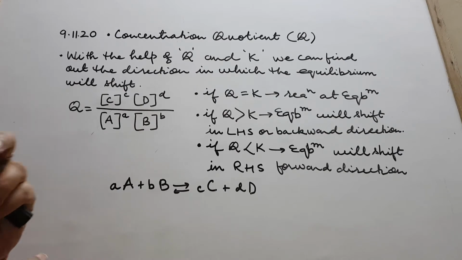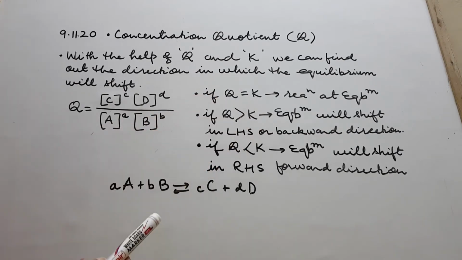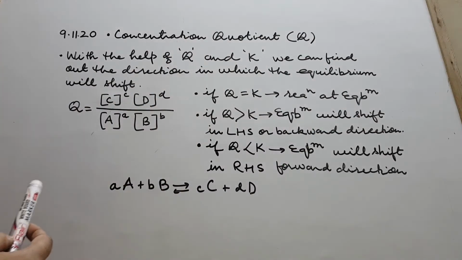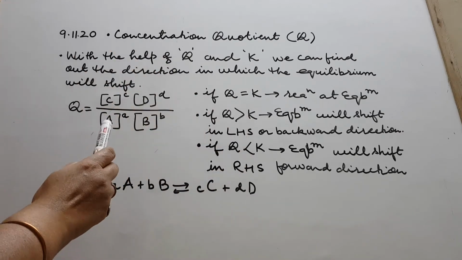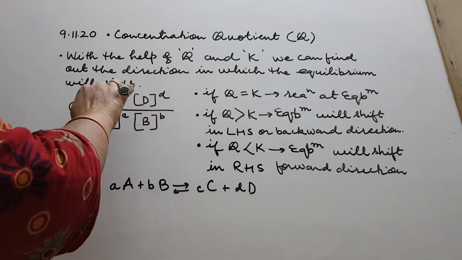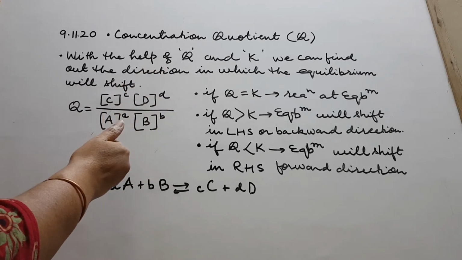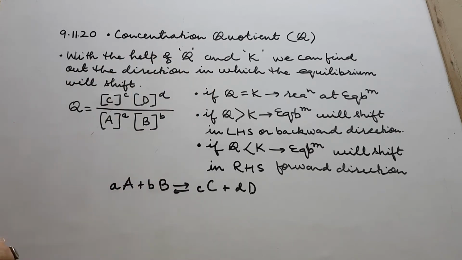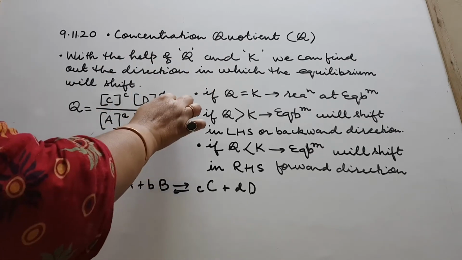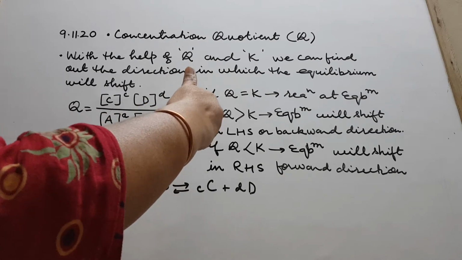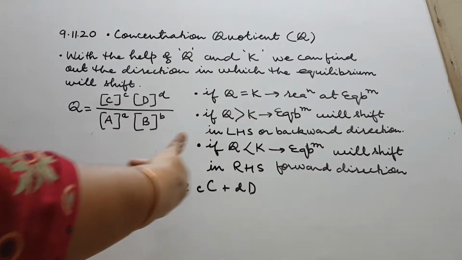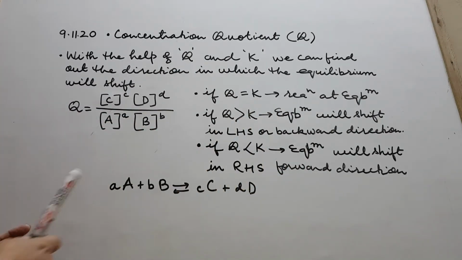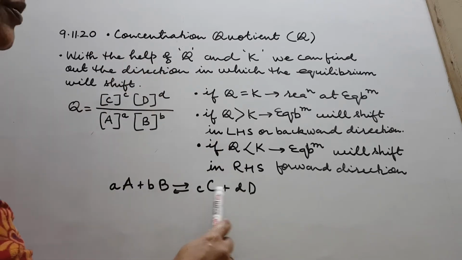Now what is the difference? If Q is equal to K, reaction is at equilibrium. Very simple, very clearly understood. If Q is more than K, Q is more than K means this is more, this is less, then only it can be more, right? Means product is more and reactant side is less, then only this can be more. So in that case, what happens, children? Means this is less and this is more. So what happens? The reaction, the equilibrium will automatically shift towards LHS or left hand side, because we know we write reactants on the left side arbitrarily, you can say, and the product on the right hand side.